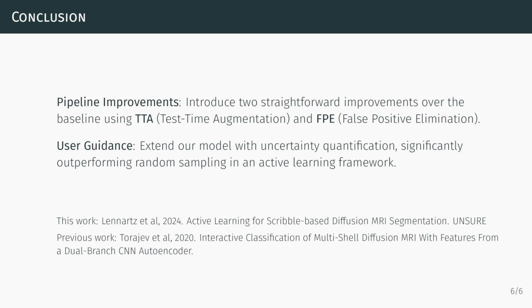Second, we improved user guidance by incorporating uncertainty-based active learning. This method helps target the most uncertain areas, outperforming random sampling and making the annotation process more efficient. These advancements reduce the need for extensive human input